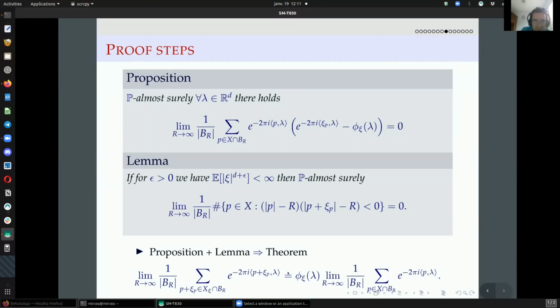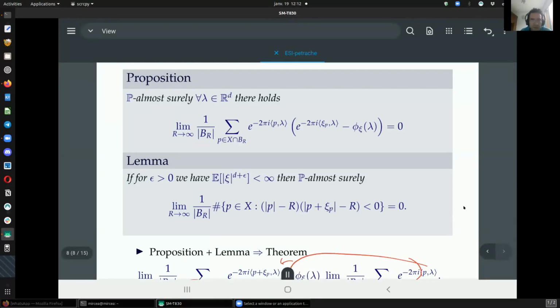And so here I wrote down the statement of the theorem. In the statement of the theorem you have the sum over the perturbed points psi p in xi of the Fourier term coming from each, and this should be equal to this in the limit. And if I bring these terms to the left, then I get some term of this kind. I get really the same statement as in the proposition, except that here the points are.